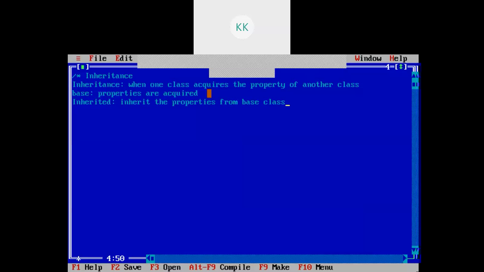Base classes are the classes from which we acquire the properties, and inherited classes are the classes in which we inherit the properties from the base class.